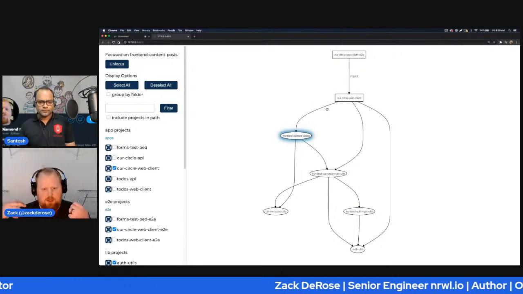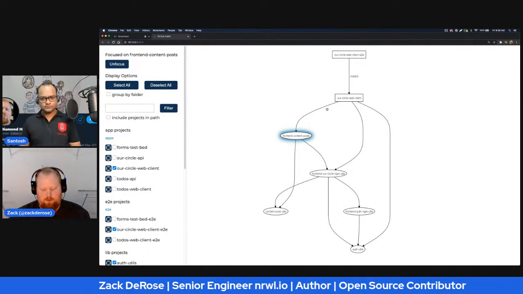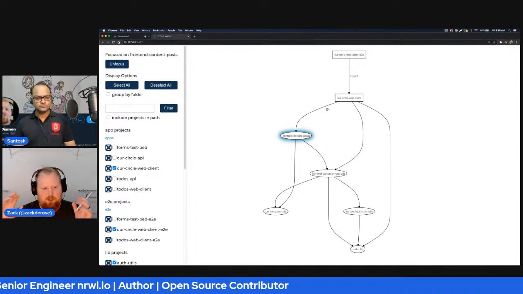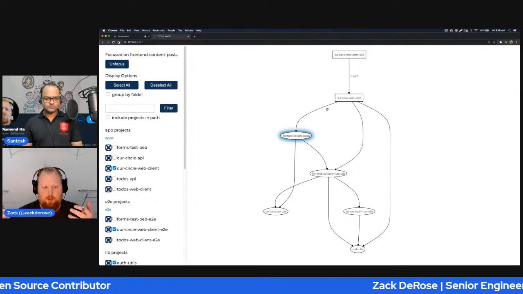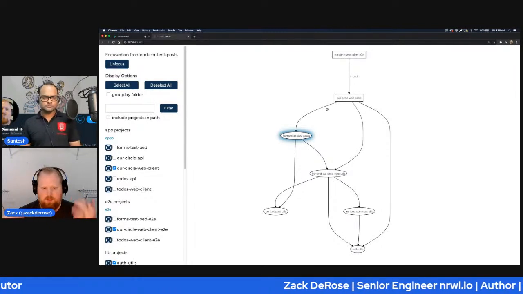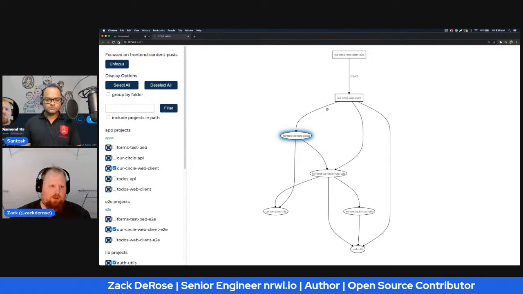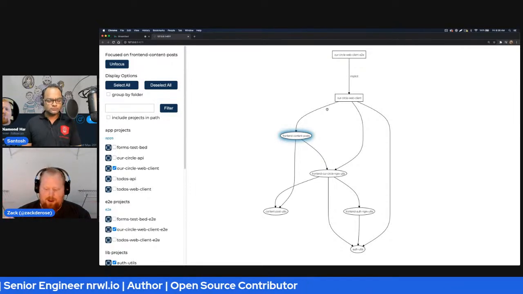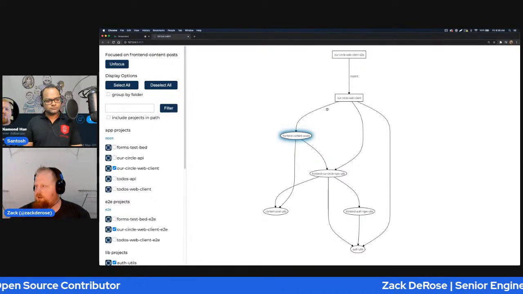So that's one of the big things. One of the big benefits you get from moving to NX is the availability of an accurate graph of your actual code base on demand. That can drive your decisions and provide you feedback. It can do a lot of things, and as we'll see later on, we'll use the depth graph to actually improve our builds.